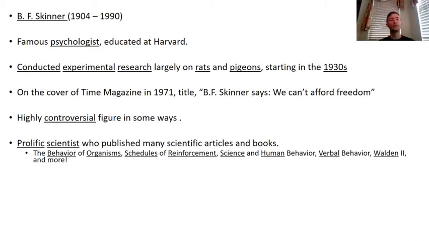But part of the reason why that was so controversial is because that brings up other issues, like, should people not be held accountable for their behavior? And if the control over behavior is in the environment, could that be used maliciously to control other people's lives in disadvantageous ways, and so forth? And so what B.F. Skinner said was, no, it's nothing like that. He said that the environment is controlling behavior, and so